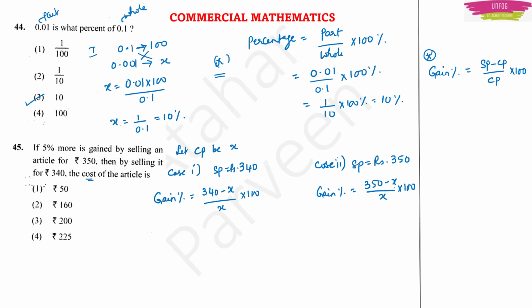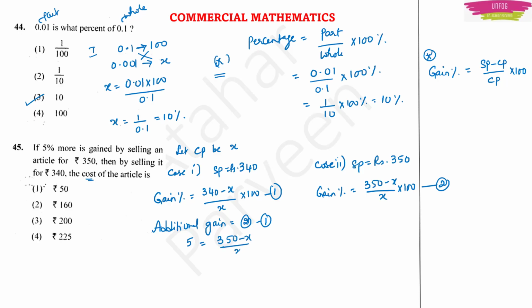Now, the question is, if 5% more is gained by selling price, so what is the additional gain they are telling? The additional gain is 5%. So, here what will be our additional gain? Additional gain will be equal to, let this be 1, let this be 2, 2 minus 1, right? That will be our additional gain. But they have given that additional gain is 5%, right? So, this 5 will be equal to